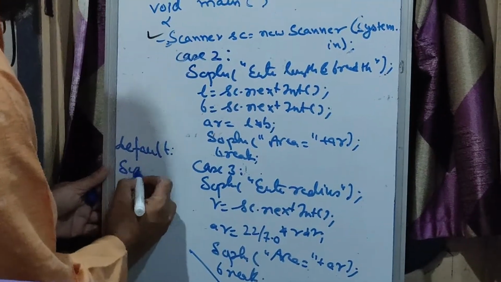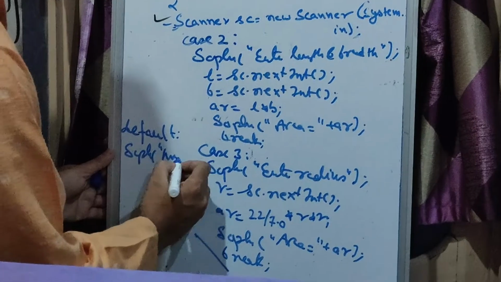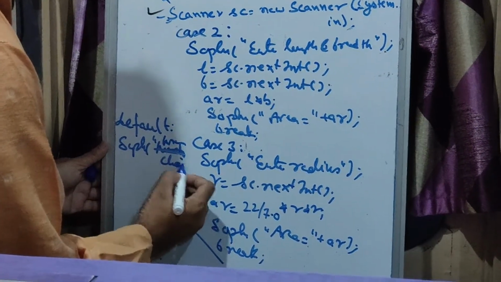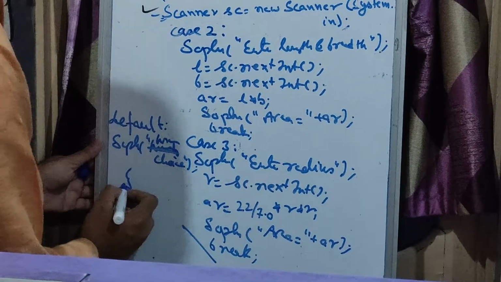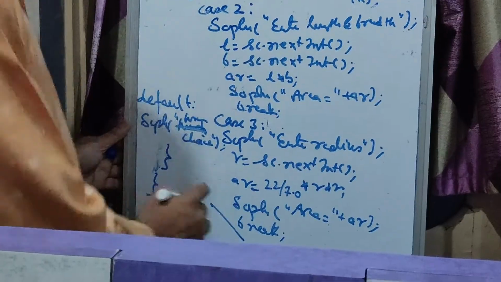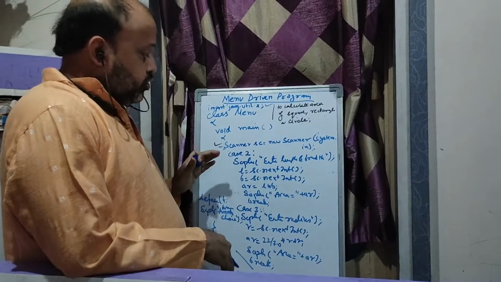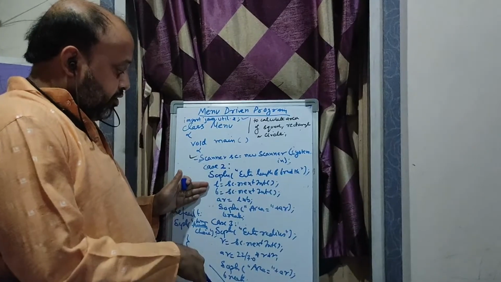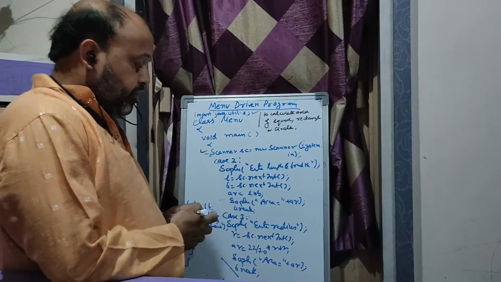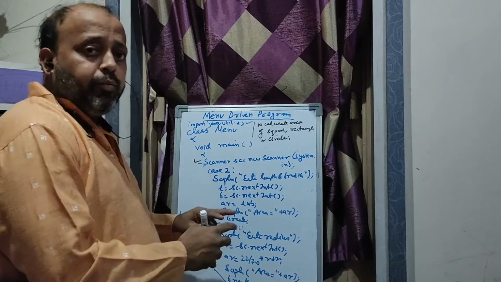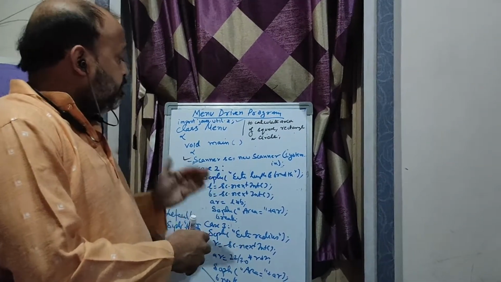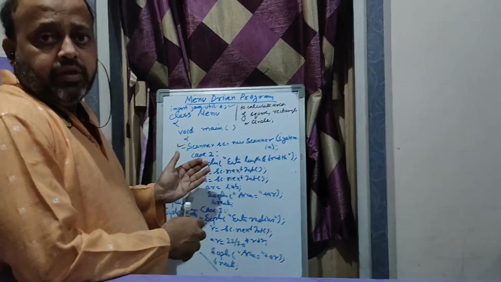Same thing. You can write wrong choice. What we have written in the last program. This is switch ends, method, class. So in case 2 we have calculated area of rectangle. Case 3 we have calculated area of a circle. The difference between both the programs is where we are taking the input. It is safe to take input in case.